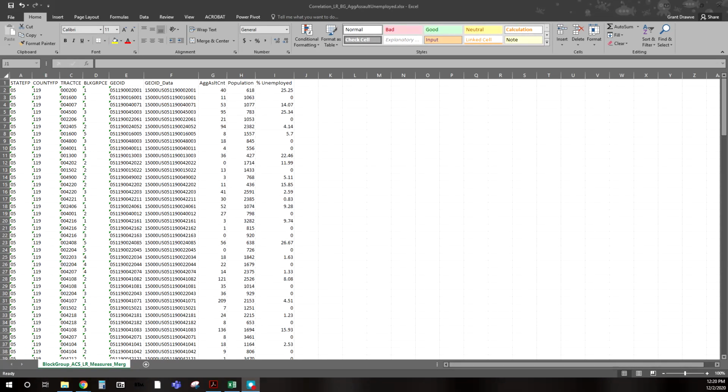With today's example, we're going to get into how to run regression in Excel. The data set you see in front of you should look familiar if you've looked at the correlation video. Even the file name that it's saved as still has correlation in it. But now I'm interested in running a regression. So the independent variable here is going to be our percent unemployed, and I'm interested in our ag assault rates